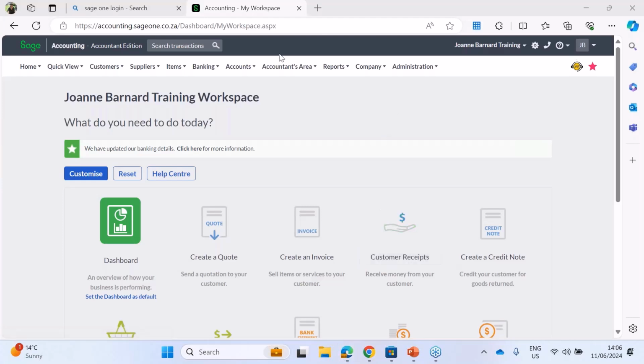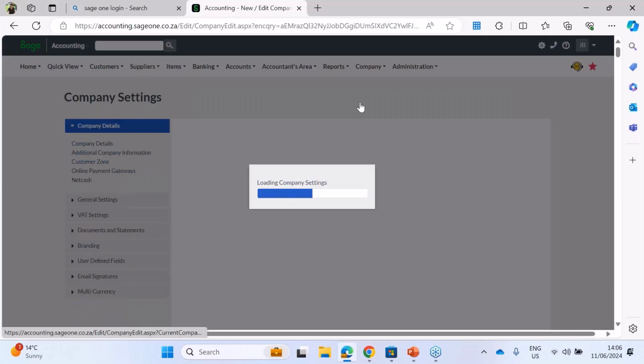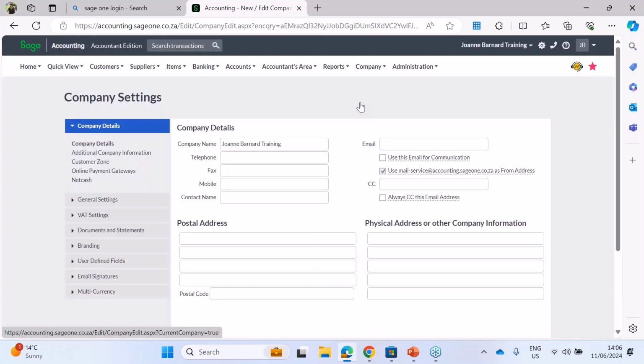Now, before you get started, it is advised that you go through your company and your change company settings, just to check those company settings and to make sure that they are set accordingly. So for example, if you didn't enter all of the information, this is where you can come in and you can enter your information accordingly. So you can enter your email,